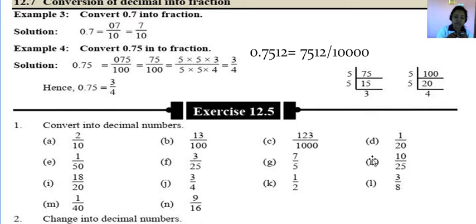Okay. Question number D. By using the division process. Let's try to do it in the class now. Everyone, 1 by 20. 0.05 is the answer, teacher. Okay, 0.05. Did you use the division process, or are you using the calculator there? No, teacher, I have done it here only. Yes, teacher. Okay, let me see.